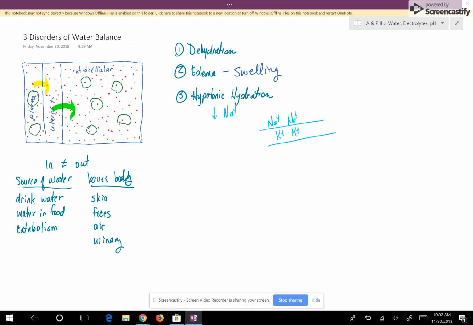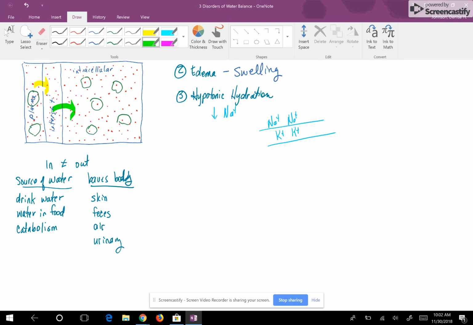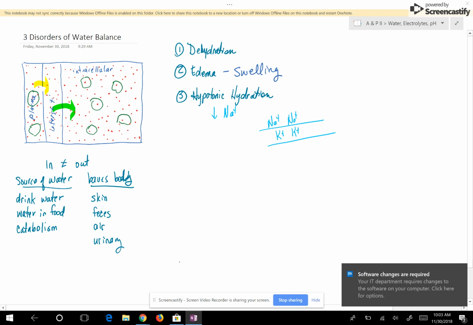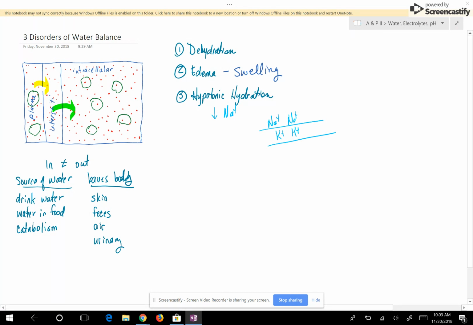So what are the consequences of hypotonic hydration? With hypotonic hydration, you lose the sodium. You're losing your ions in the plasma and the interstitial space, so that water moves by osmosis into the cell. Basically, it waters down the cell, and it's called electrolyte dilution. And what is that going to basically give you? It gives you a hypotonic environment